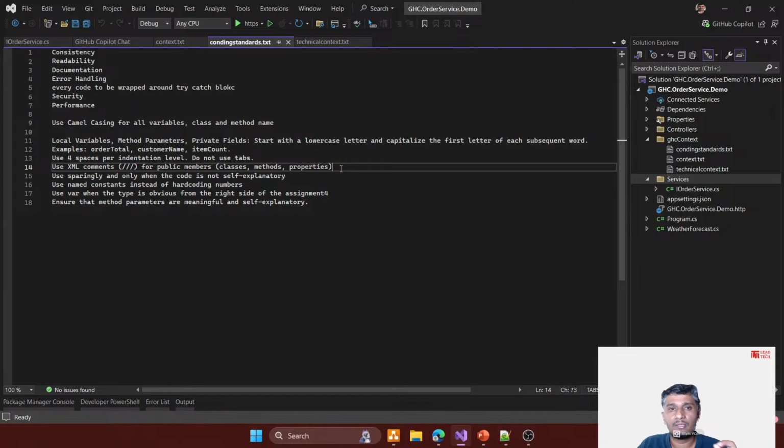So now let me copy this. And in fact I didn't even give the name IOrderService. I just said generate an order service interface. So here is the interface that was generated, which has update order, all the details. Now it gives me an error. So let me add one